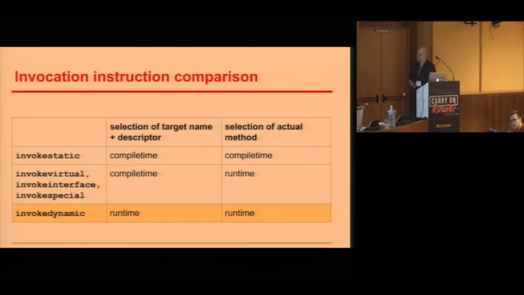A good way to think about this is as follows. When you resolve a method reference, you have to do two things. First, you have to come up with a descriptor and the name of the target method, which is usually quite easily done, and that's typically done by the compiler. Then once you have the descriptor and the name, you know what kind of method you're looking for, and then at runtime you actually look for the method that fits the respective name and descriptor. With invokedynamic, you actually have some control over the first phase as well, to do some sort of custom user-defined behavior and implement it there.